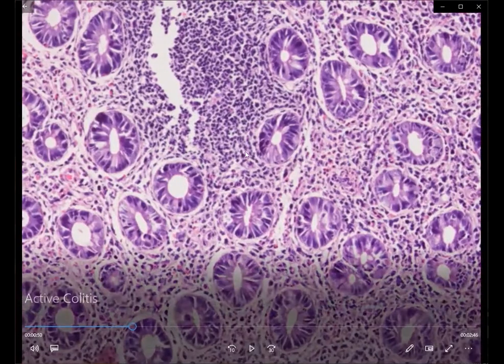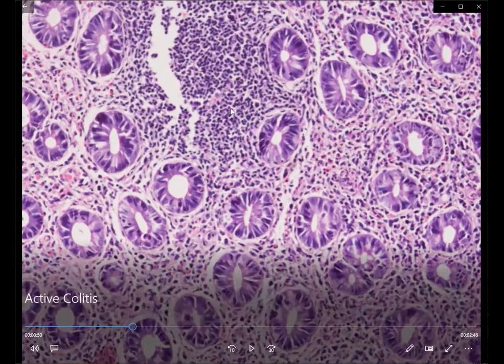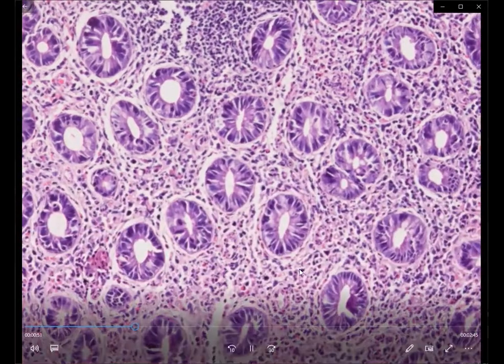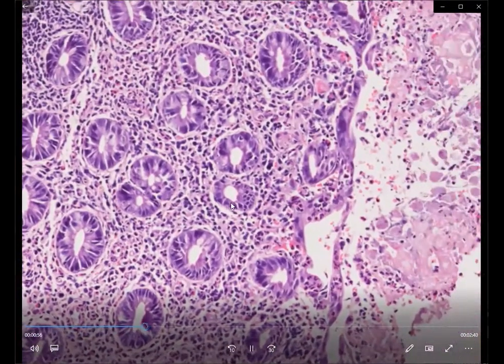A little amount of lymphoid aggregate could be normal when you're seeing biopsies from the rectal tissue. In a colonic biopsy, if you're getting biopsies from the rectum, occasional non-reactive lymphoid follicles are normal within the colonic mucosa, and that is just a normal finding. But here we see a moderate increase in the lamina propria inflammatory cells. In addition to lymphoplasmacytic cells, we could also see an admixture of polymorphs as well as eosinophils.